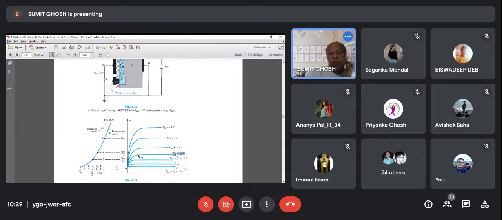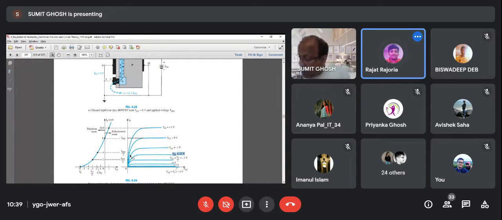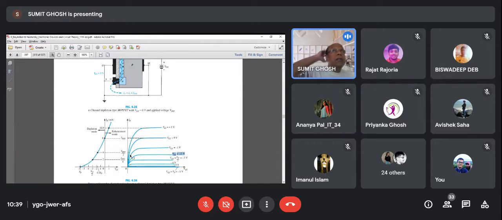Why is the gap between the curves decreasing when we are moving towards more negative voltages? Who is asking this question? Sir, Rajat. Excellent question. I will explain. Did you get the explanation for JFET? Same thing was happening for JFET. Sir, there is any parabolic equation. Yeah, I'll tell you. Very good question, but there is an answer to this.